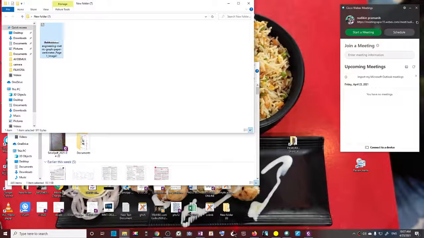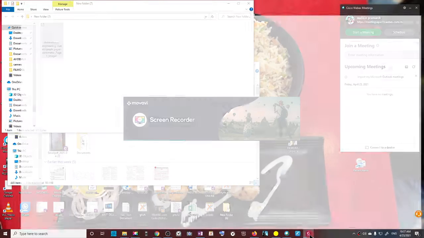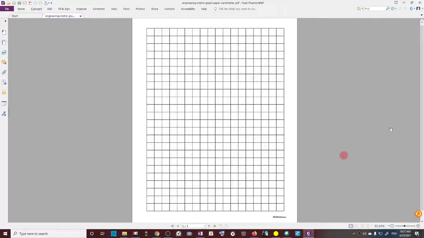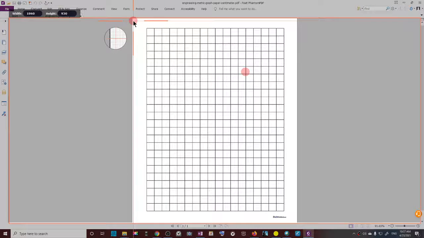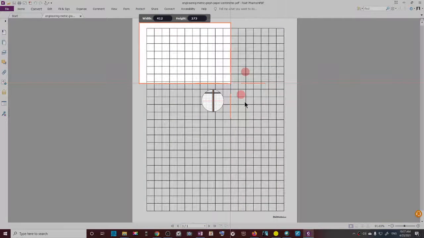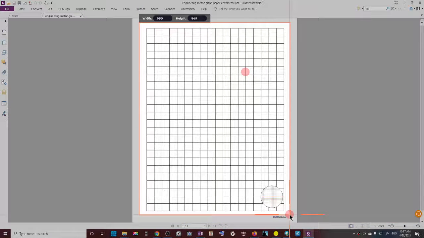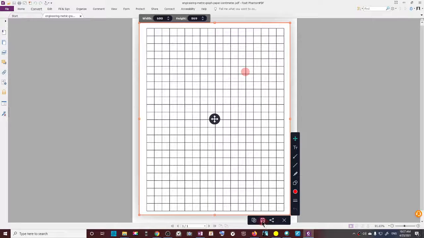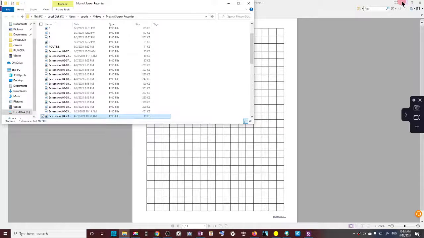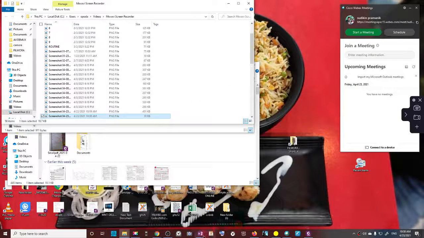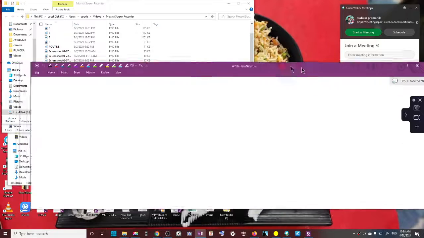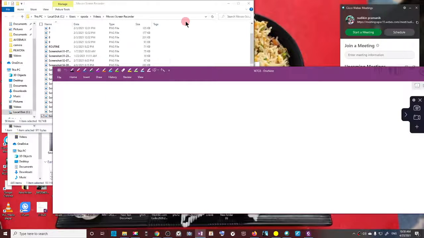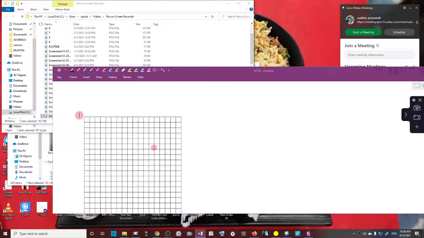Okay, it is not happening in that way. Then I need to take a screenshot only. There is no other way. I have to take a screenshot only. Yeah, now it's done. Save. And this one I can transfer it here.